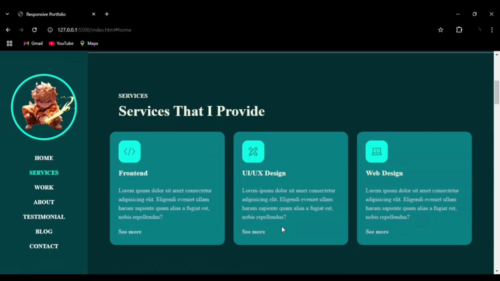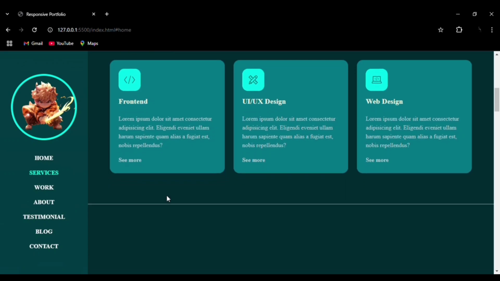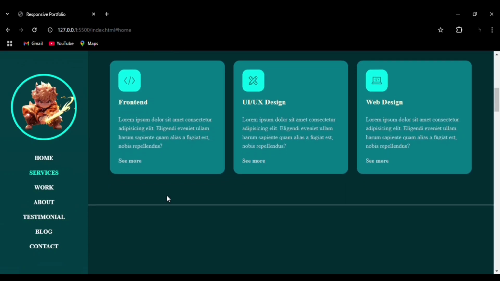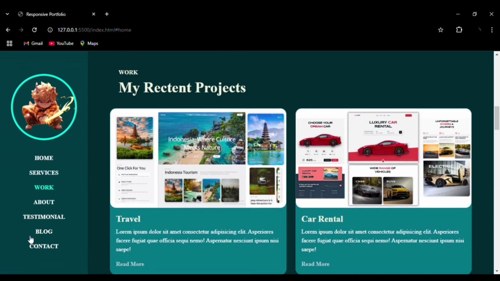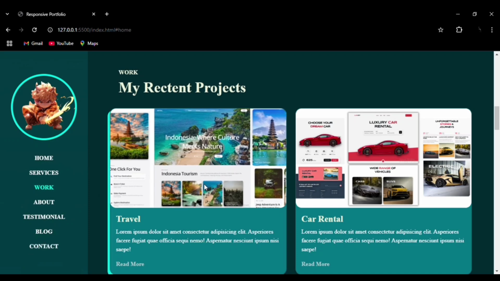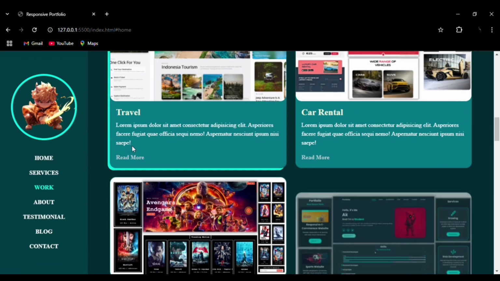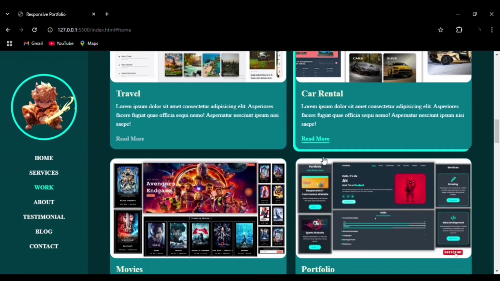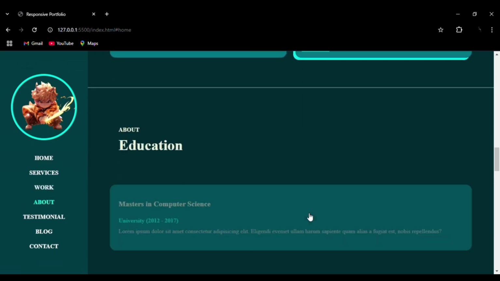We can see the service section, and we have integrated the icons here. Whenever you hover onto these icons, you can see the box shadow effect, a 3D box effect. And while we are moving from one section to another section, the color is changing automatically in the left side nav bar. You can see the hover effect on the image, and we also have the read more button. You can see how neatly they have all been aligned, and this is the education section,